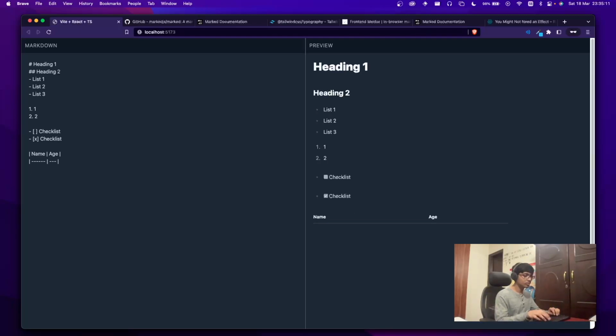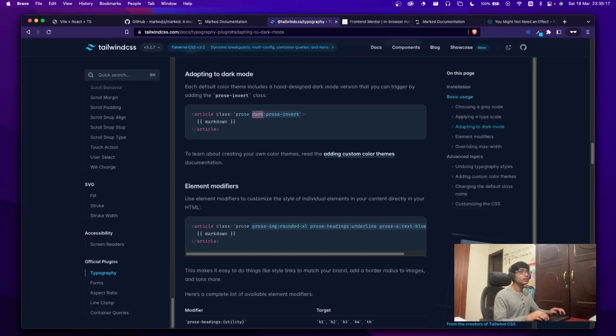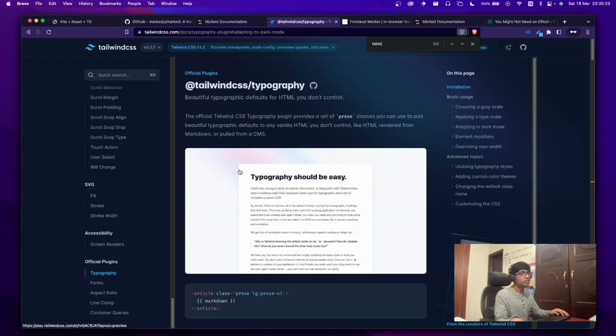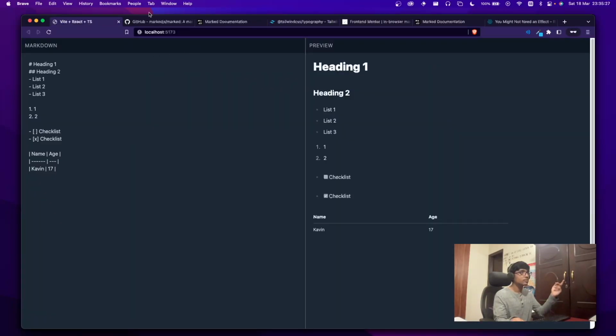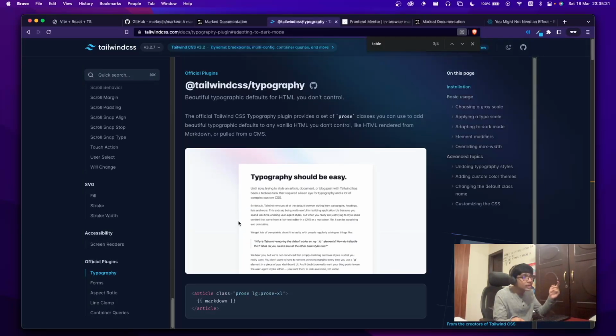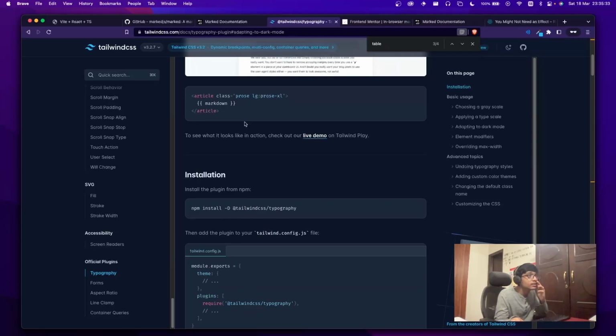Well, that works. Okay, I think this does provide an awful lot of things out of the box for you. Typography is a very handy plugin when using things like Markdown. I think even they give you an example using Markdown. Yeah, if you look at this, they give you the example using